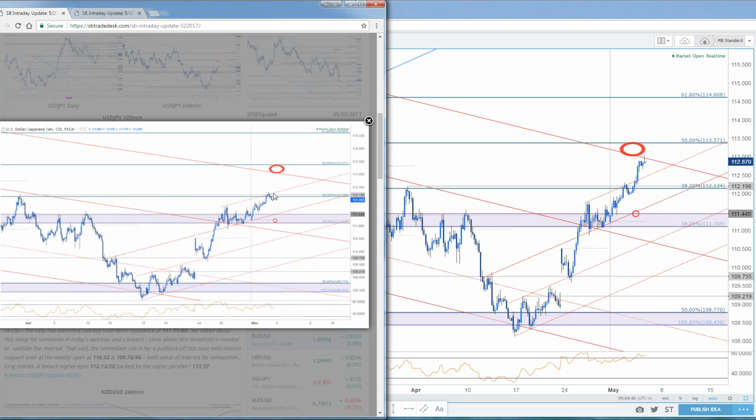Here's the 120-minute look, and here's where we are now. Back here on the 2nd, we had our bullish invalidation level at the weekly opening range lows. At this point, I'm pretty comfortable bringing the bullish invalidation up to 111.45. To be quite frank with you guys, I'm looking for exhaustion into this region. Near term,